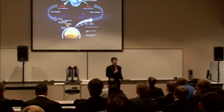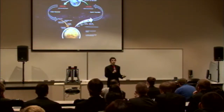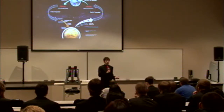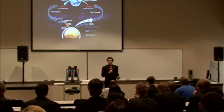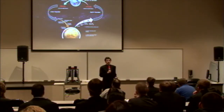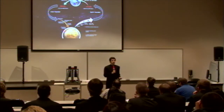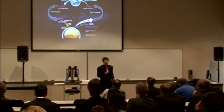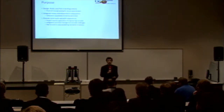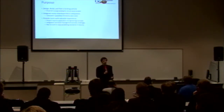Transitioning to our capstone project, we wanted to maintain similarity to this mission, but we obviously did not have the resources we required to build something that could actually go to Mars. We instead decided to focus on a smaller portion of this mission, the sample collection phase, from which we derived the lander concept and established the purposes of our capstone project, which are to design, build, and test a fully functional lander as a proof of concept for the Mars mission,